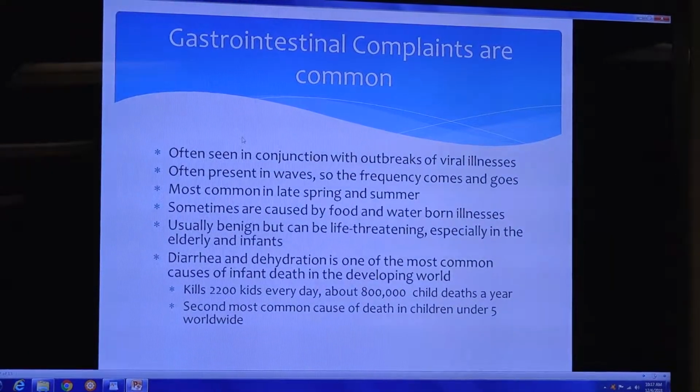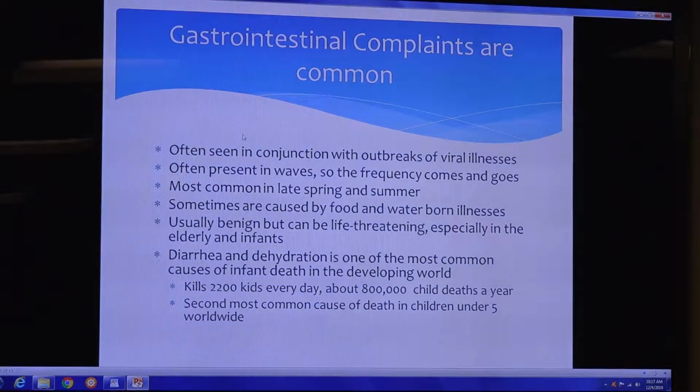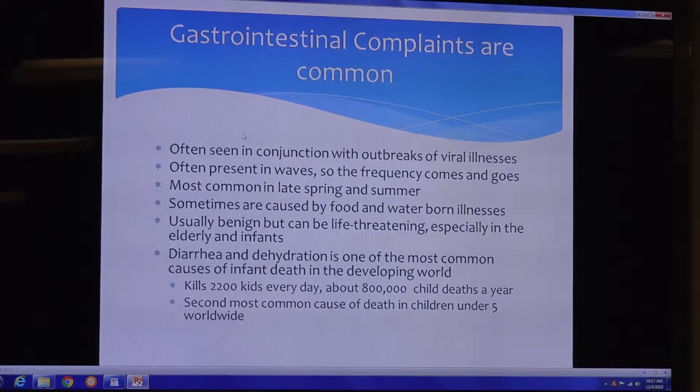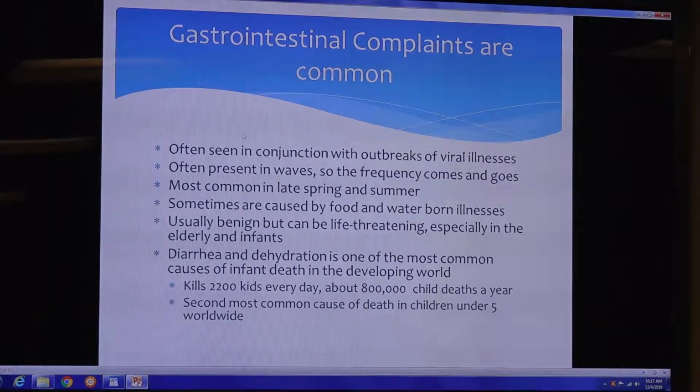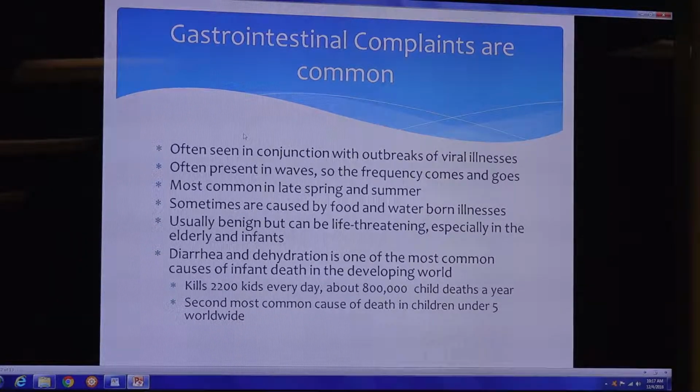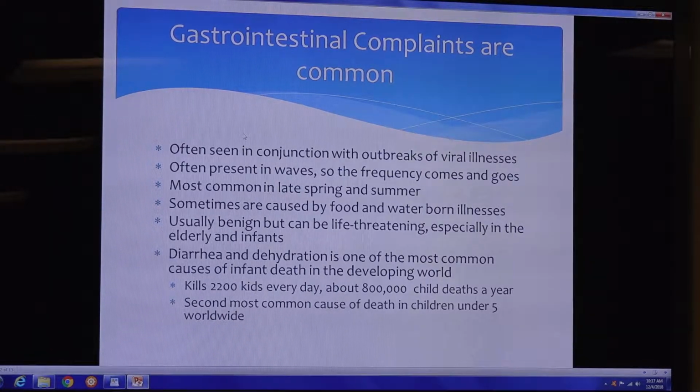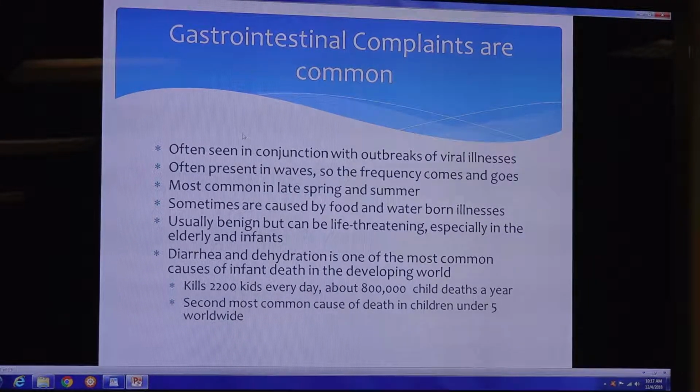These complaints are common because, like breathing problems, a lot of them are associated with viral illnesses, gastroenteritis, diarrhea, food poisoning. They come in waves with the viruses, so we see a lot of them in the late spring and summer. They're sometimes caused by food and waterborne illnesses. That's less in this country than other places. They're usually benign. Usually it's very simple management by the primary care doctor, symptomatic treatment as we spoke of before,